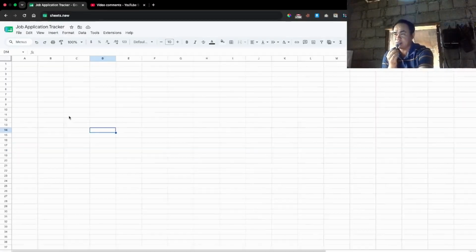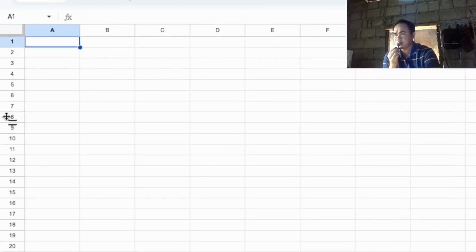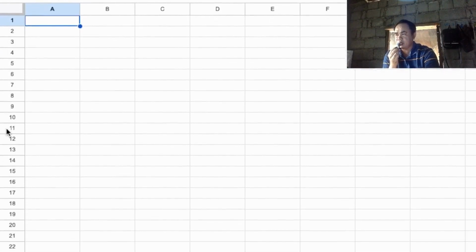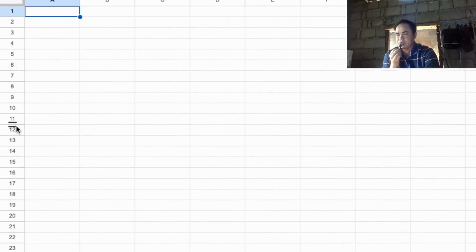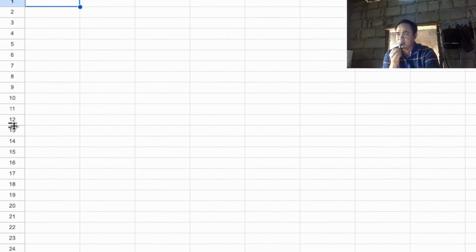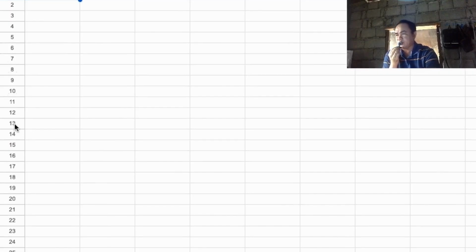So let's go back to our spreadsheet and leave up to 13 rows. So 1, 2, up to 13. Rows 1 to 12 will serve as our dashboard, and let's start creating our table from row 13.